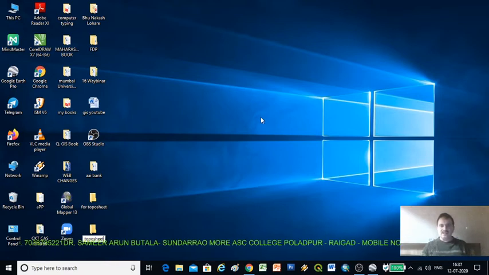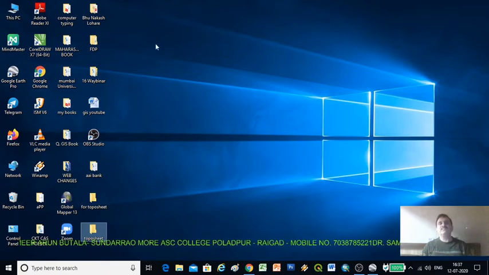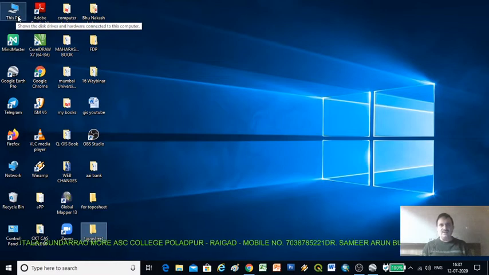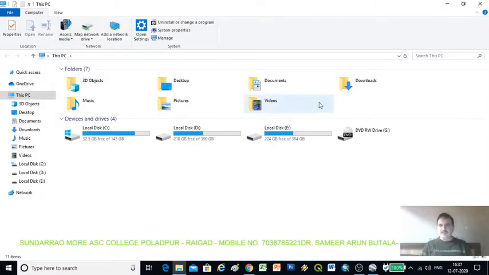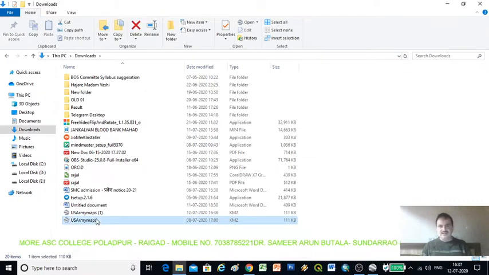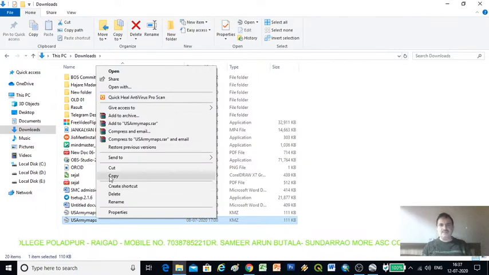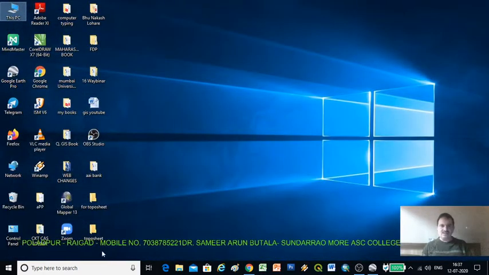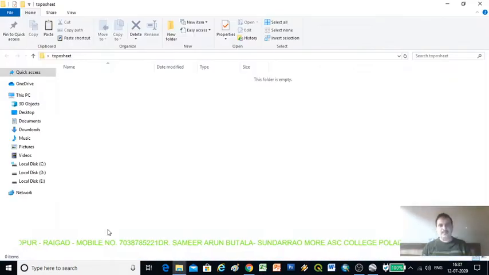Here is the folder where we can keep our work. On the desktop there is the icon This PC, and then Downloads. We find the link which is downloaded. Just right click it, copy it and paste it in our folder.